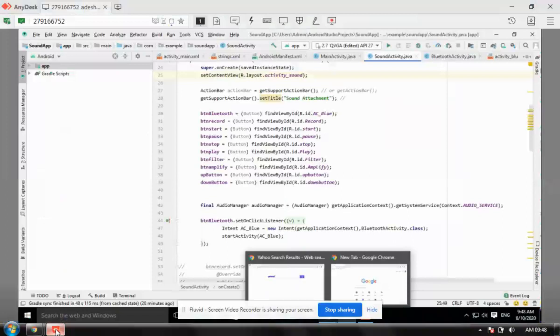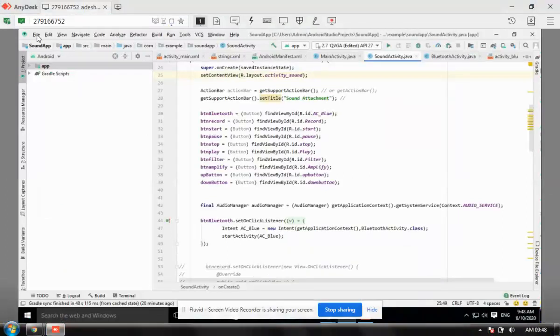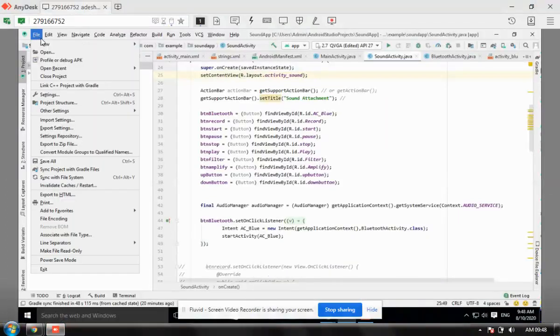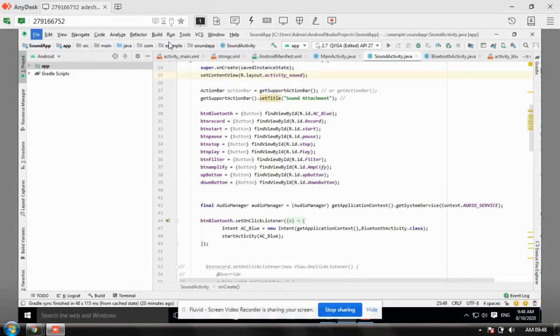First I open Android Studio. I go into File and choose New Project.